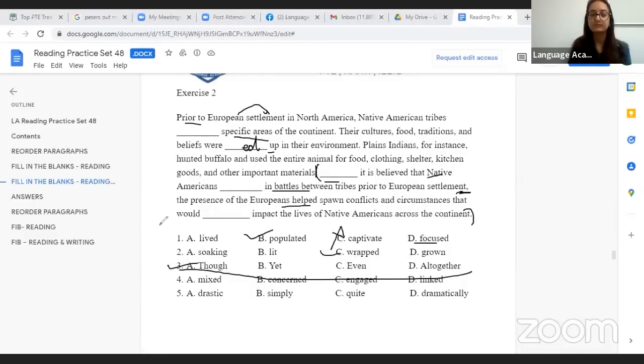Anyway is fine. So it says, though it is believed that the Americans dash in battles. So we need past tense again, something that goes with in. People, Americans would be people. Can we say Americans mixed in battles? People cannot mix in the battle. Concerned goes with concerned about. Engaged comes with engaged in. And linked comes with linked to. So what we have here is in, and that is why the answer will be people were engaged in battles